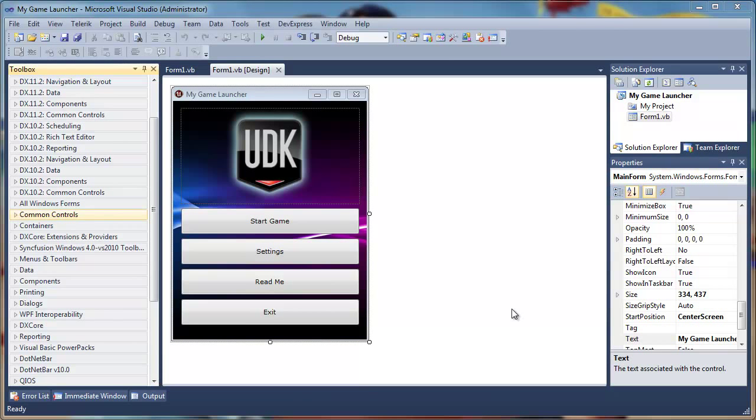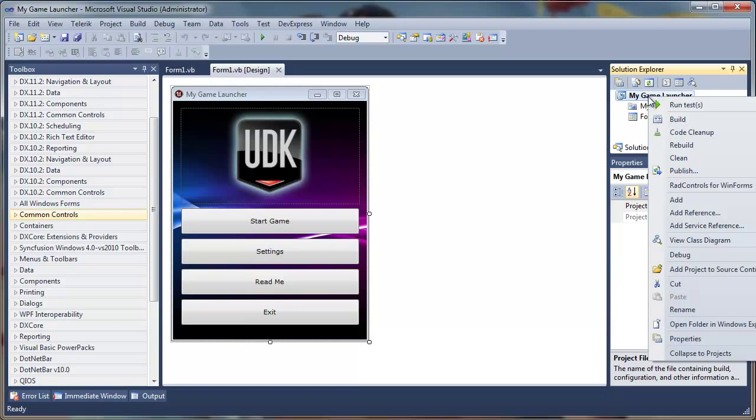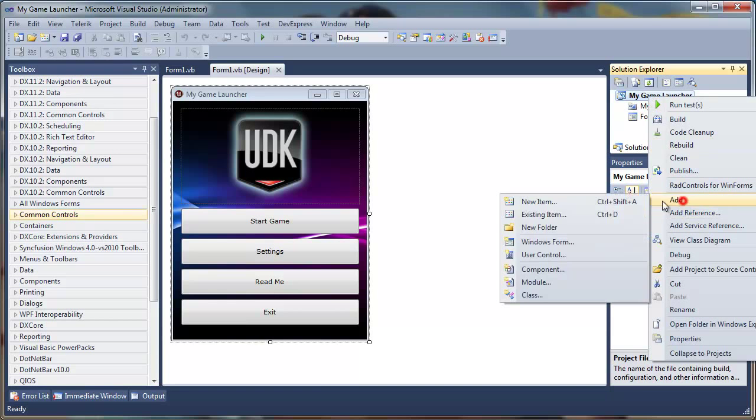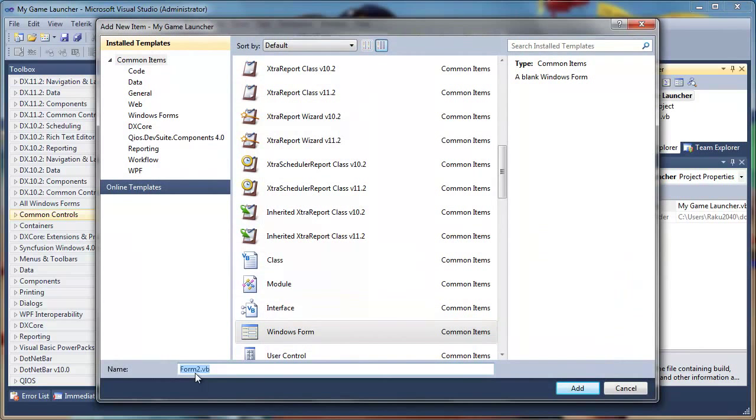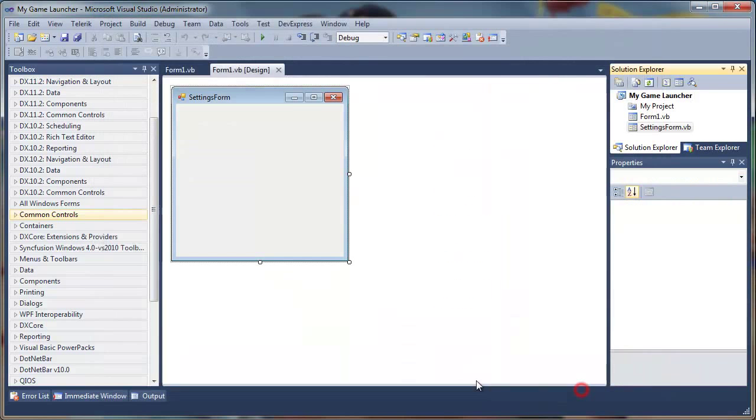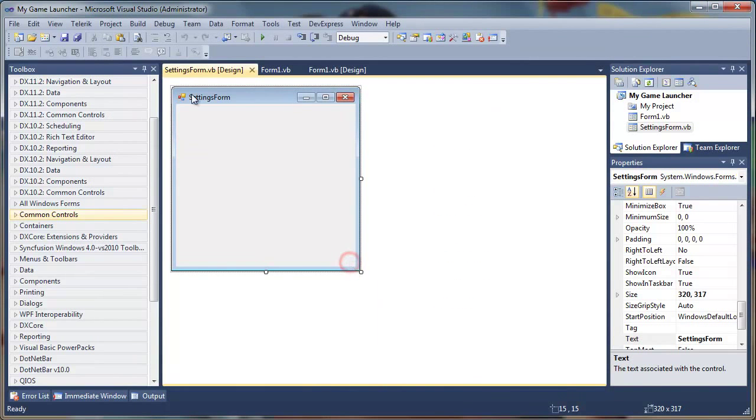Now what we want is a settings menu. So for that we'll right click on my game launcher. We will add a Windows form. We will just type in something like settings form. Okay, add it, and we have our settings form, and we'll change the caption from settings form to form, and